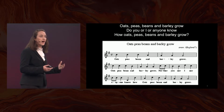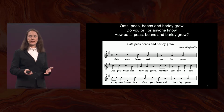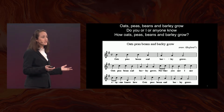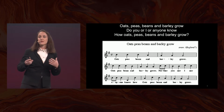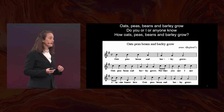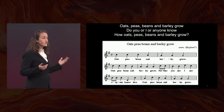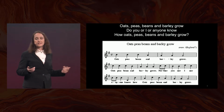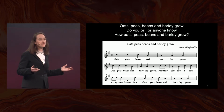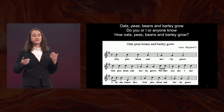It talks about how a farmer needs to plant seeds. They need to irrigate seeds. They need to weed around the plant as it grows, and then they need to harvest the plant. And then they need to harvest the seeds that fell. It's a very famous nursery rhyme, and it does a really good job of educating children on how food is made today. What's interesting about this is that in no place during this nursery rhyme does it mention applying synthetic